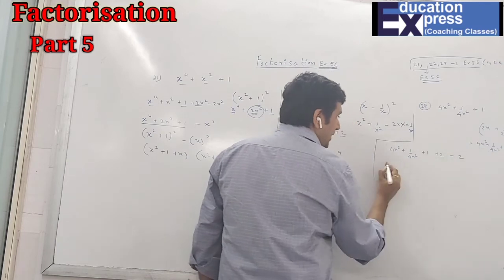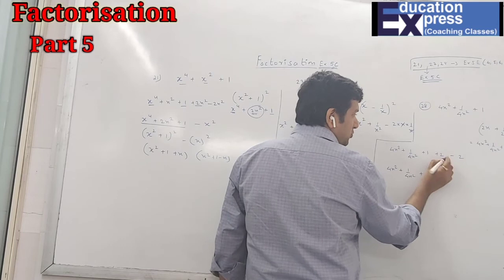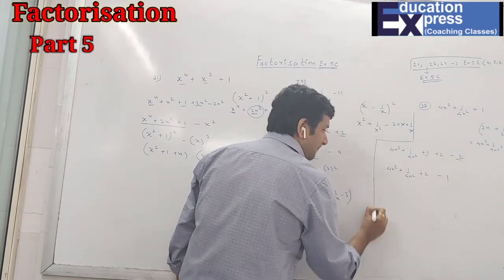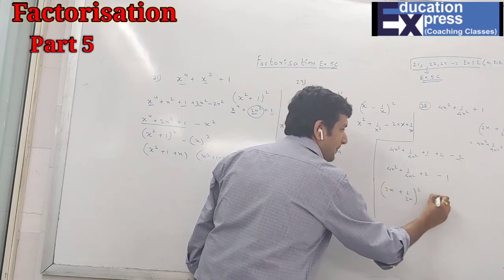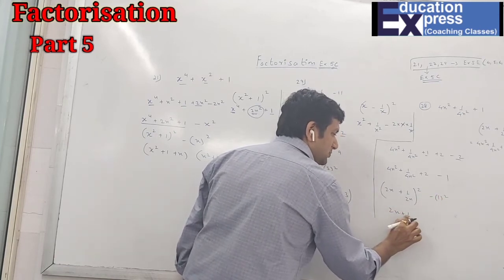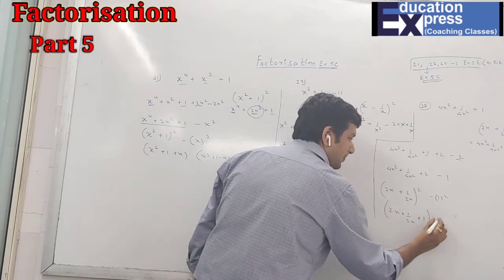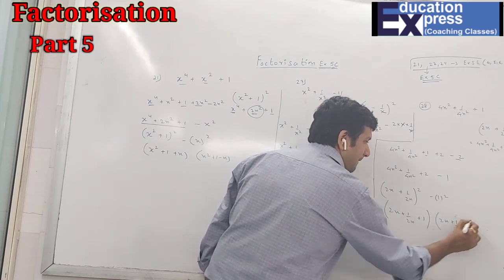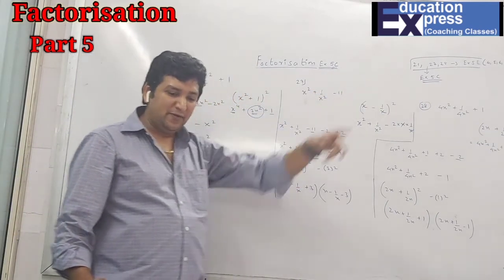So now first I take this part over here. So 4x square plus 1 upon 4x square plus 2. Plus 2 is gone. What is left? 1 and minus 2, which is nothing but minus 1. So now, this is (2x plus 1 upon 2x) the whole square minus 1 square. So (2x plus 1 upon 2x plus 1) and (2x plus 1 upon 2x minus 1) is the answer. So based on the same concept, now I'll do 4, 5, 6, 11 also.